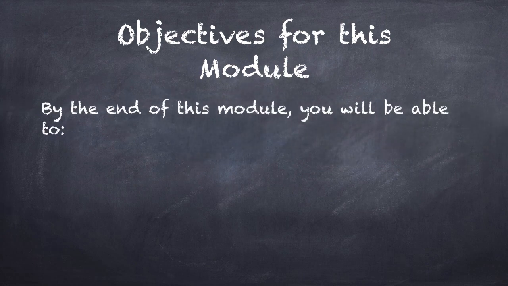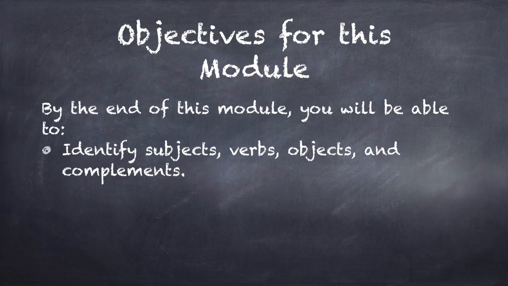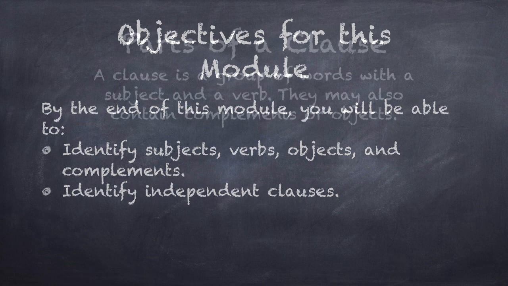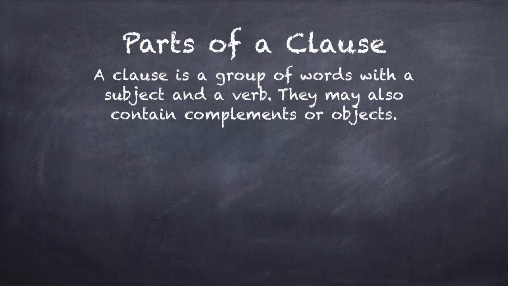By the end of this module, you will be able to identify subjects, verbs, objects, and complements, and identify independent clauses. Let's start our lesson by defining the word clause. A clause is a group of words that have a subject and a verb. Sometimes they may also have complements or objects, but as long as they just have a subject and a verb,